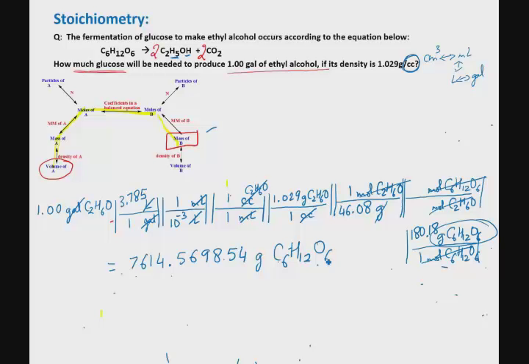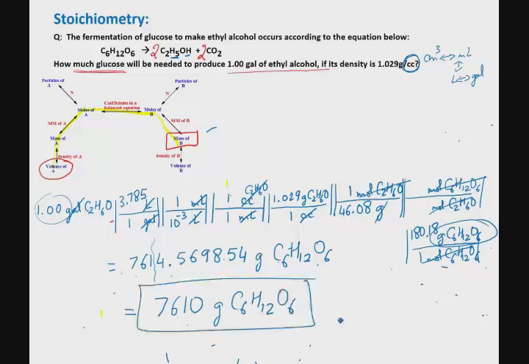And this needs to be rounded to three significant figures because of 1.00 gallons that is given. Density has 4 sig figs, while the volume has 3, so 3 significant figures, meaning we need to round off right there. So the answer becomes 7,610 grams of glucose. Can you write this as a scientific notation, meaning 7.61 times 10 raised to 3 grams? Absolutely, you can do that as long as the number of significant